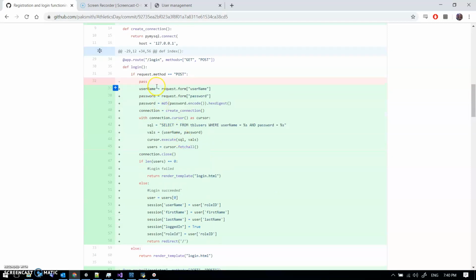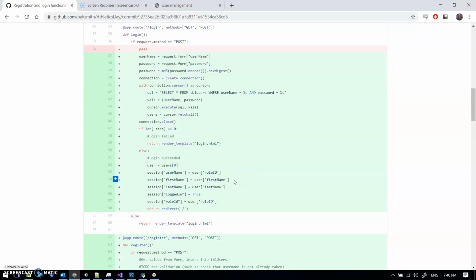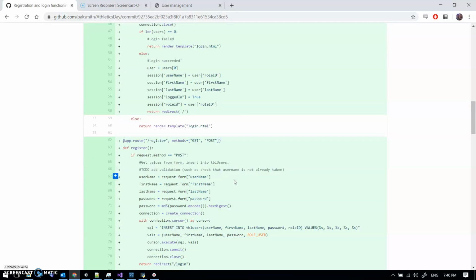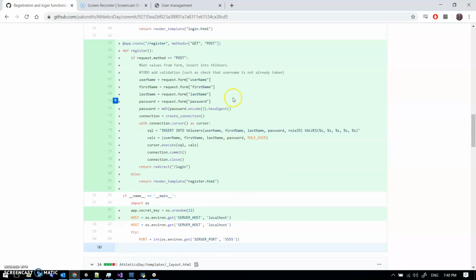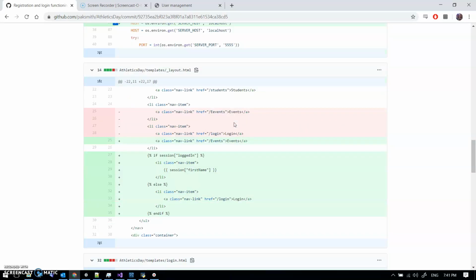So here we come back to that pass. You can see I deleted the pass and I wrote the code instead. So there's a bunch of stuff in there. Not well commented. I should do more comments, shouldn't I? Maybe I've commented better in a later version. I can't remember. And then I've got a register, and you can see all the stuff that would be in there. And of course, that's going to match up with